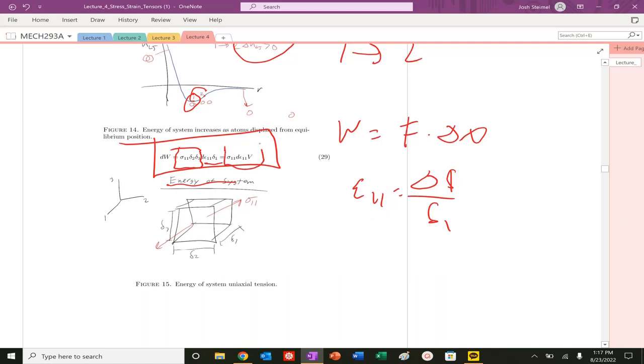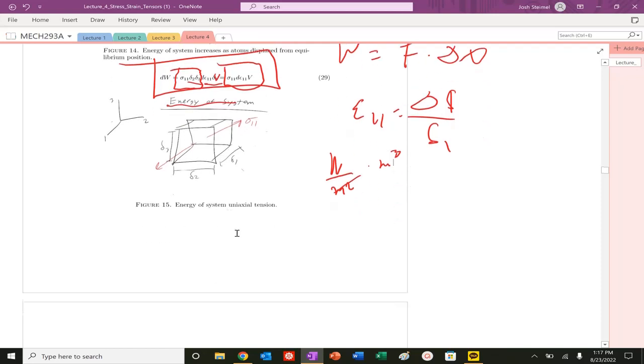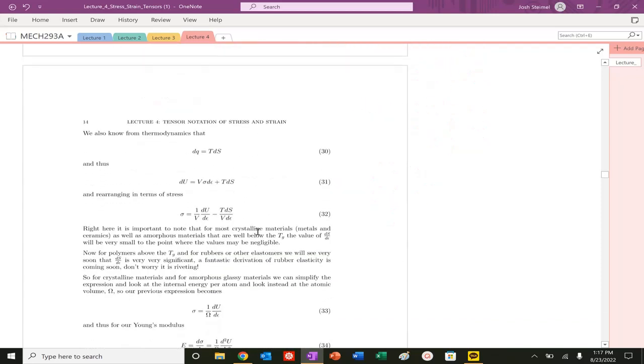And we can see here that this term is a volume. So stress times strain times a volume is going to give us our work term. And you can check out those units. Remember, stress is Newton per meter squared. If I multiply that by a meter cubed, the volume, Newton meter, joules, everyone, we're good to go. So we've kind of seen that before from thermodynamics.